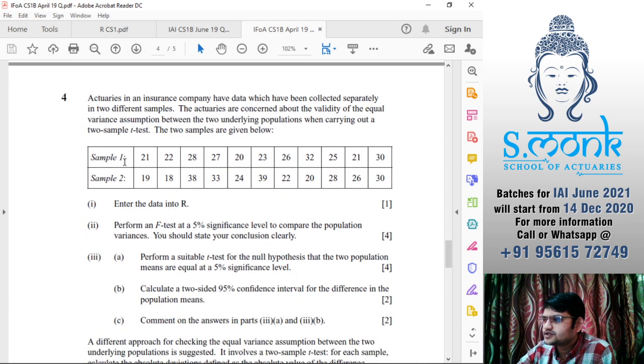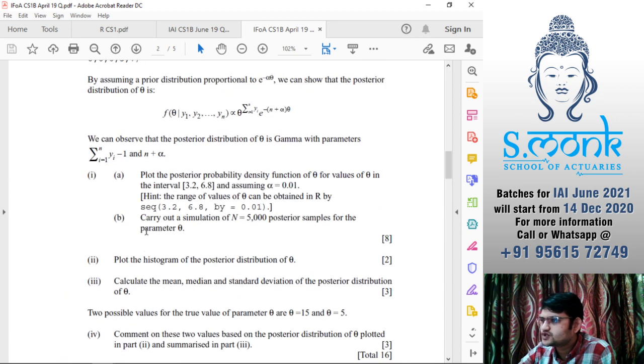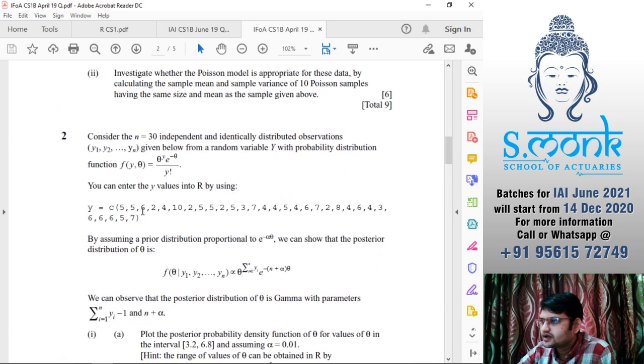Now let's say this is the question. They are saying actuaries in an insurance company have data which have been collected separately in two different samples. This is a two sample t-test. Before that, I'll just use any data. Let's assume this is the data.